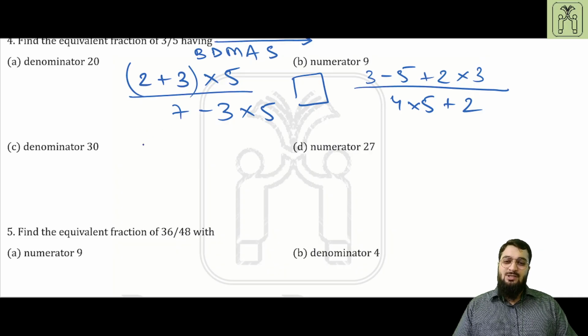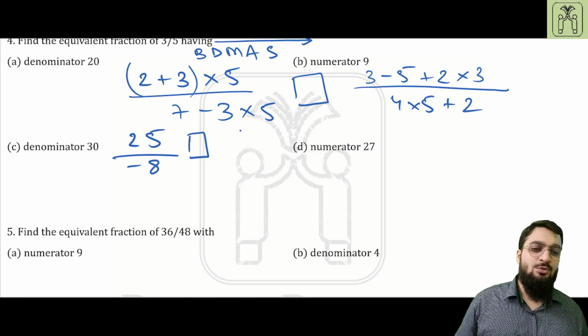So 2 plus 3 is equal to 5, and 5 into 5 will be 25. 7 minus 3 into 5. So here the first thing which will be done is multiplication. So 5 into 3 is equal to 15, and 7 minus 15 will give you a negative number, that is minus 8. Then you will draw the box, and then again 3 minus 5 plus 2 into 3,